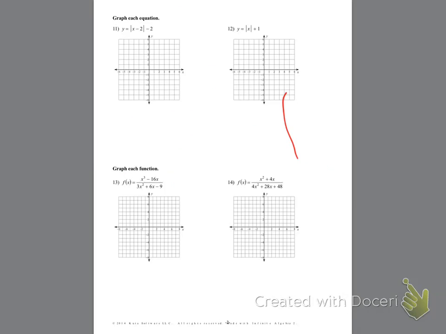Let's take a look at the next page. The next page wants us to kind of graph the functions. It doesn't say whether you can use a calculator or not. So let's just do a little factoring practice, and then